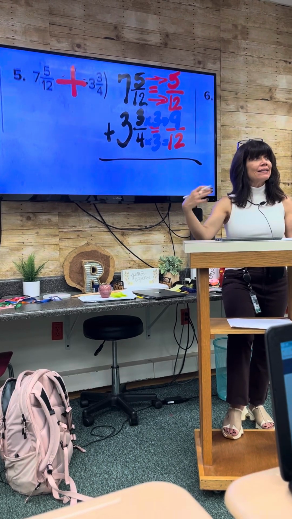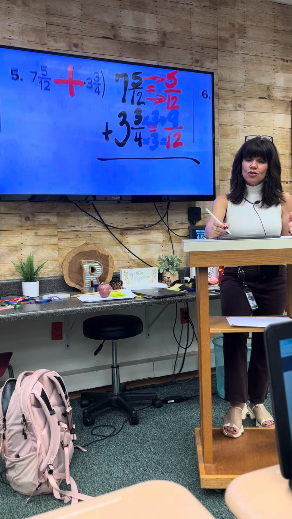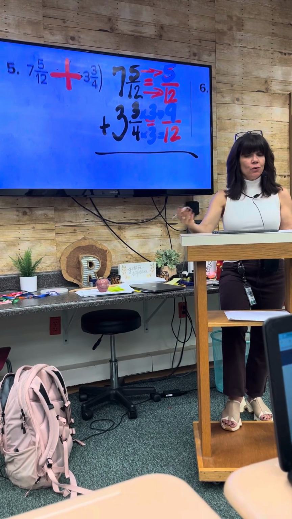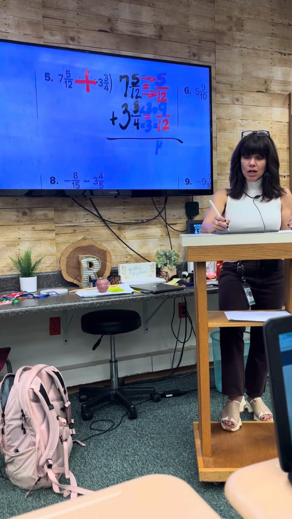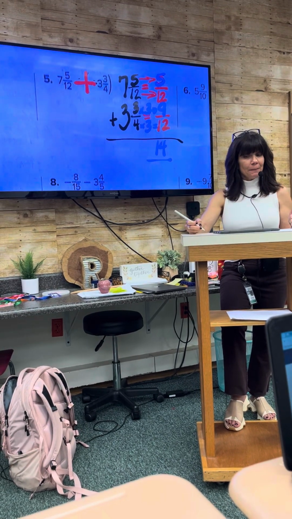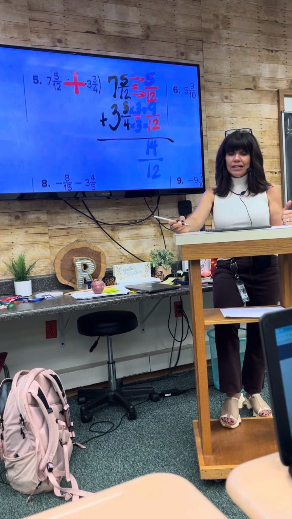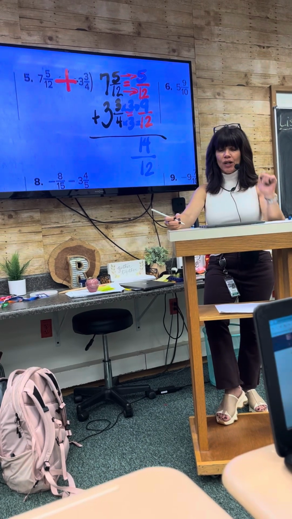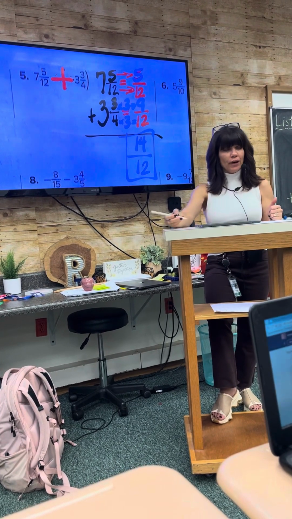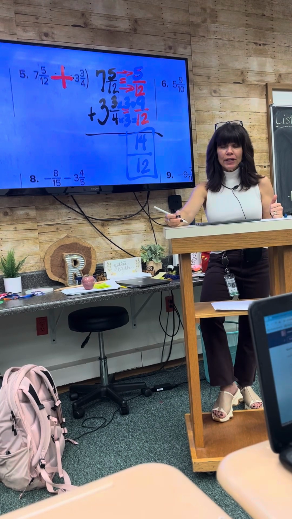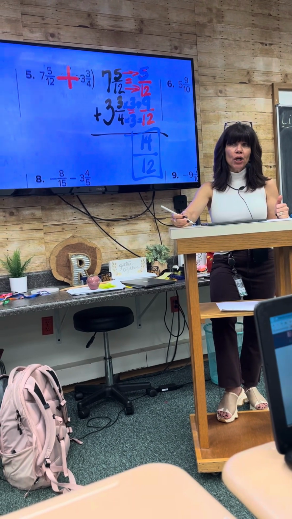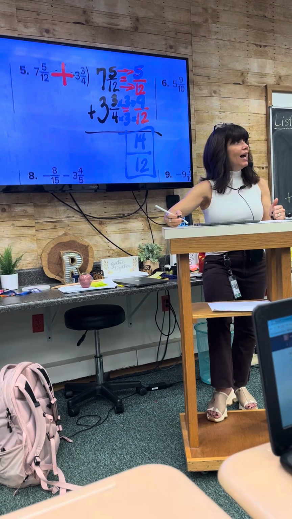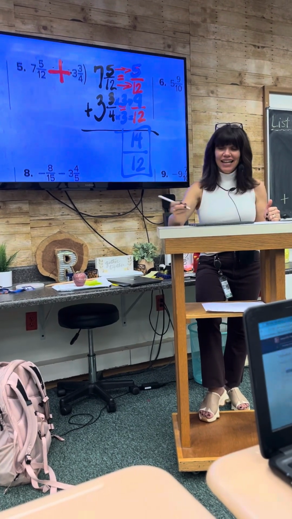Tell me how to add fractions. Add the what pieces? Numerators. So what are the numerators? 5 and 9. 5 plus 9 equals? 14. What do I do with the denominators? Keep it. So I end up with 14/12. Now wait a minute. Before we add our big numbers, isn't this a number greater than 1? Yes. How can I convert that to a mixed number? Go ahead. 12 twelfths equals 1. So if you add 2 more, that'll be